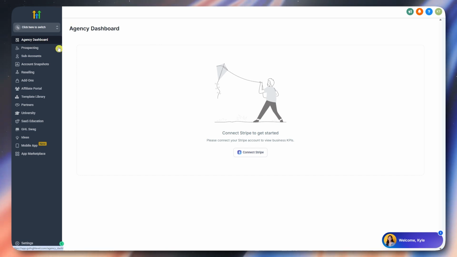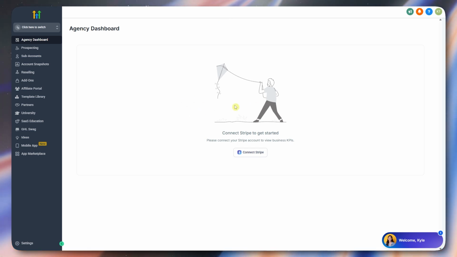Next is your agency dashboard. So in here, you would now be able to go to the central hub where you manage all your sub accounts and monitor your agency's performance. It provides key metrics such as revenue, lead generation, and campaign progress, so you can easily track client activity. This dashboard ensures you stay on top of everything, streamlining your workflow and giving you a high level view of